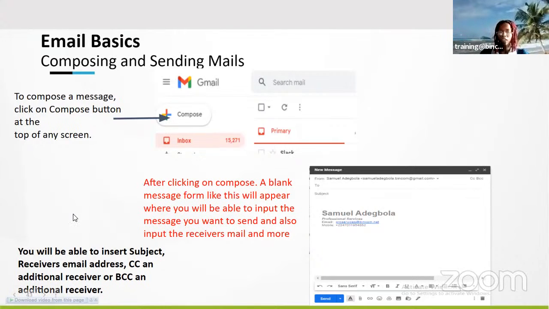So this is how it looks like. This is the compose when sending out emails. A lot of us are already familiar with this, but for the sake of those who don't regularly use emails, this is also for you. And you can see this drop down button right here is what I'm talking about. So this person is using what you can see is the person's official email. But if you click on this drop down, you see the team's email. So you have to click on that. Attach whoever is the receiver with the subject. Most of us will have signatures. If you don't have a signature, you can request for one, but really it's not that compulsory.